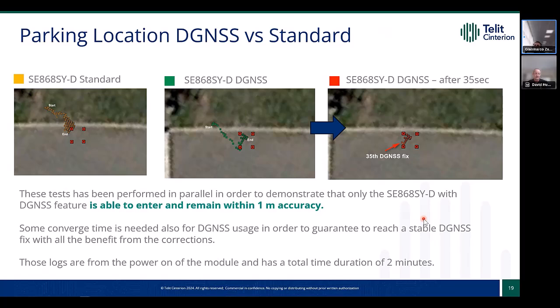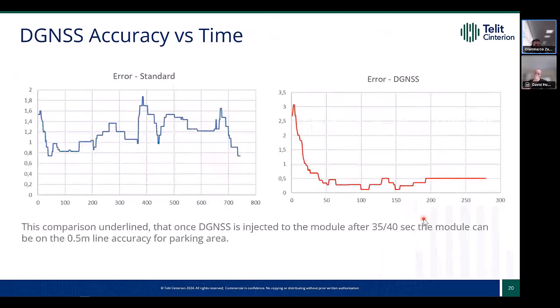In optimal conditions, if the module was already navigating, this time will be quite faster than that. So if you see in these two graphs, we show what the average error is, or how the error is behaving during the first test and during this couple of minutes, and you can see that the position error averages around 1 meter, but it's peaking at 1.8 meter,